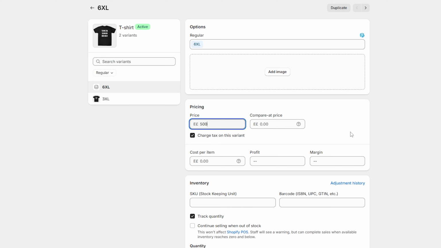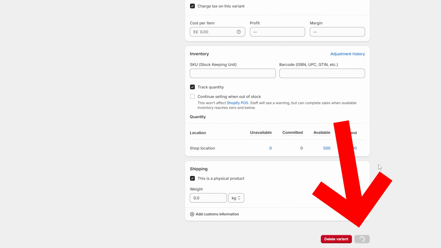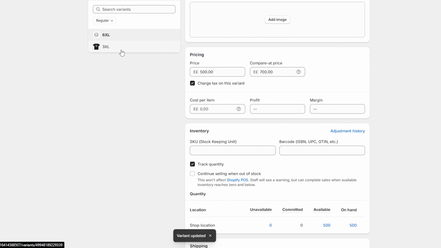And I want to make a sale price that can be compared to. So I'm going to type here any other price, and it should be higher than this price right here in order to show that this is a sale. So I'm going to type here 700, for example. And after that, you should go down, click on save,